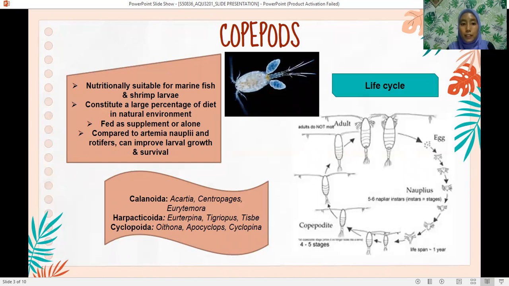There are three types of copepod, which are Calanoida, Harpacticoida, and Cyclopoida. This is the life cycle of copepod, which hatches from larvae of a mite-like form. The nauplii then morph into a stage of copepodite juvenile, which has a shape similar to a duck. When they sexually mature, the copepodite gradually grows into adult form. Before being adult, they will go through multiple phases. This cycle may take as little as 1 week or up to months or years, depending on the species of